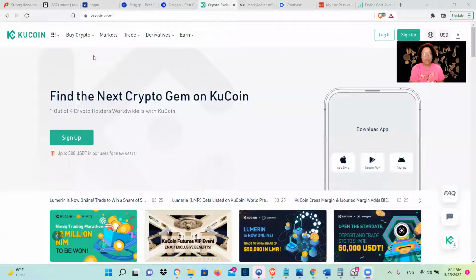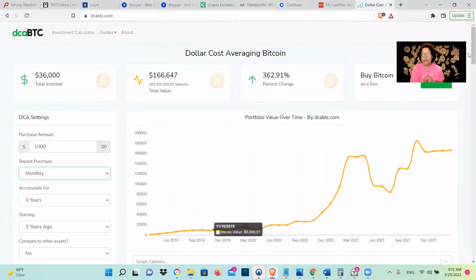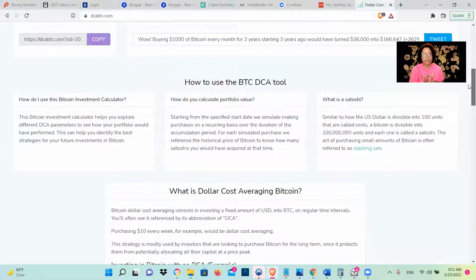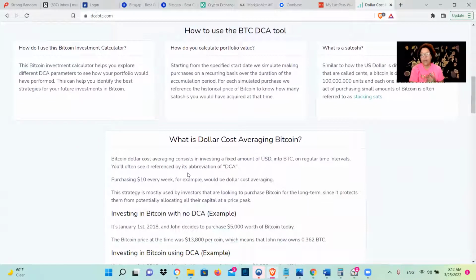So for those that don't have too much money, I'm here to teach you how you can actually start a dollar cost averaging bot. And like I said to you guys, dollar cost averaging is basically investing a fixed amount of USD or BTC or any kind of crypto at regular time intervals. You often see it referenced by its abbreviation, DCA, like purchasing $10 every week, for example, will be dollar